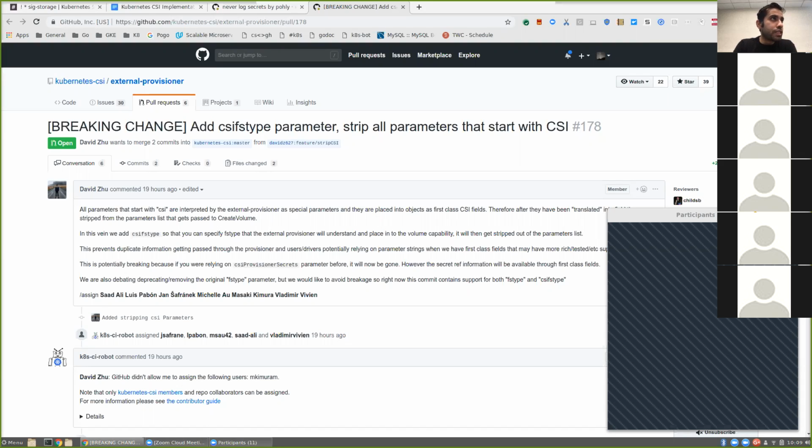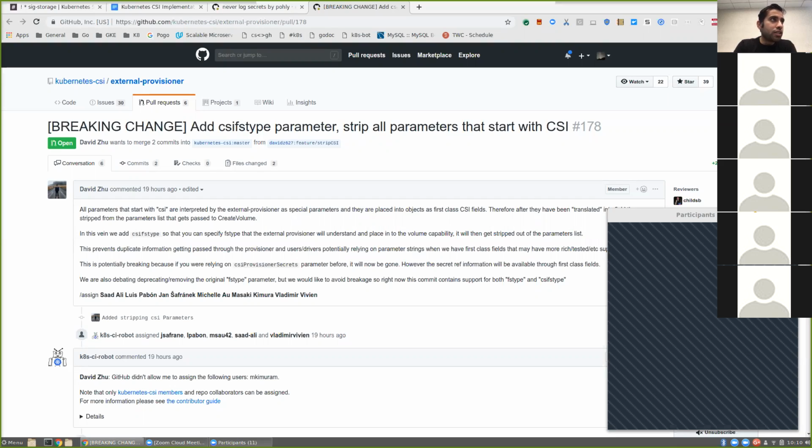So for example, for a secret, it goes and fetches the secret and sets the secret field appropriately. And then for FS type, it will go ahead and set the appropriate CSI FS type field. So anything prefixed with CSI currently is getting passed through even though it's being translated. So it gets both translated and passed through.